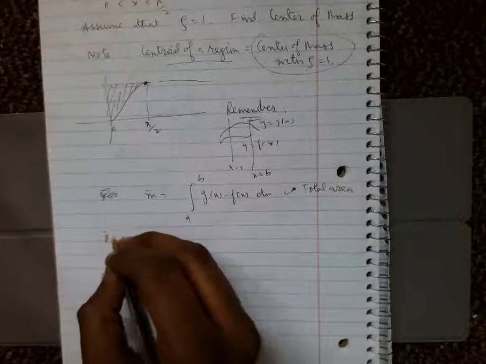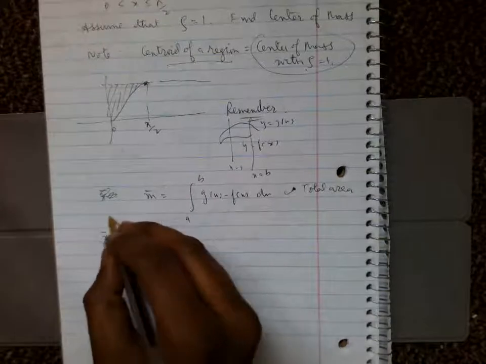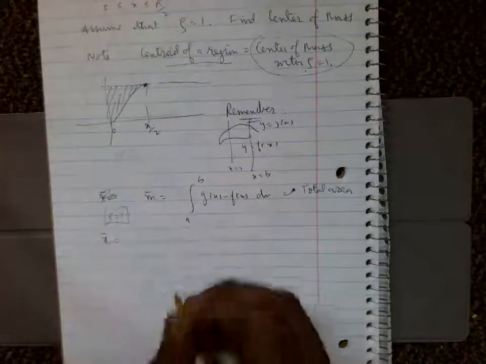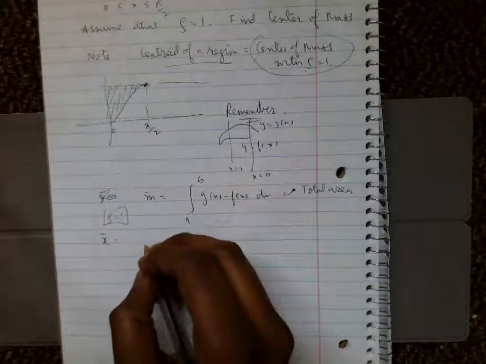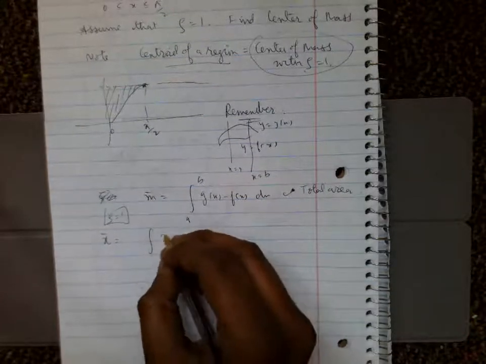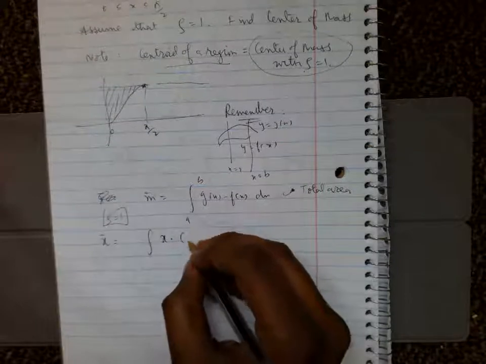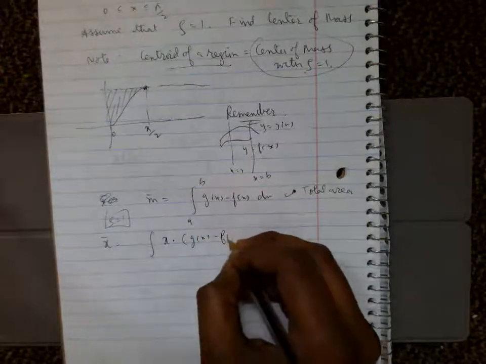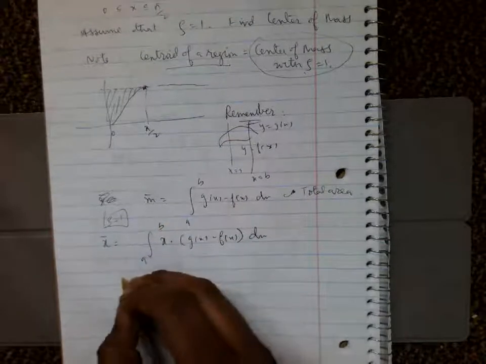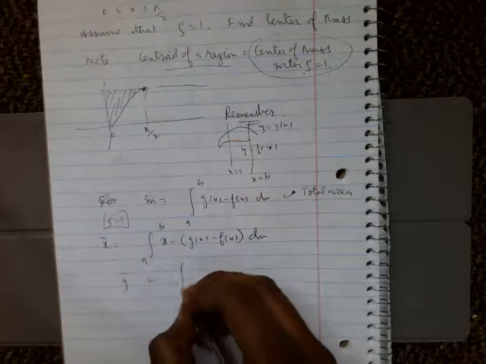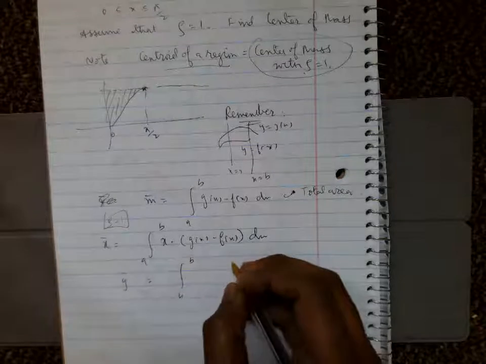When we substitute rho is equal to 1, the x coordinate can be written as the integration of x times g of x minus f of x dx from a to b, and the y coordinate can be written as the integration from a to b